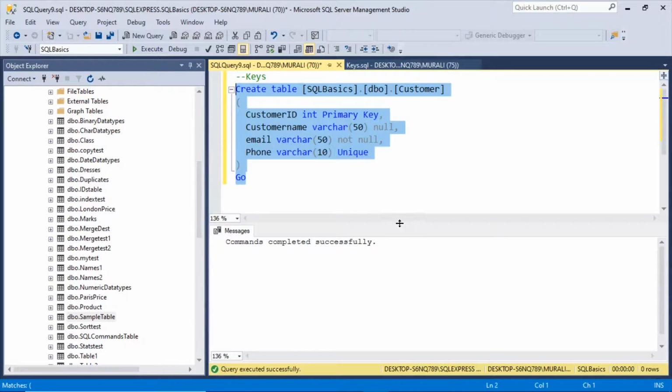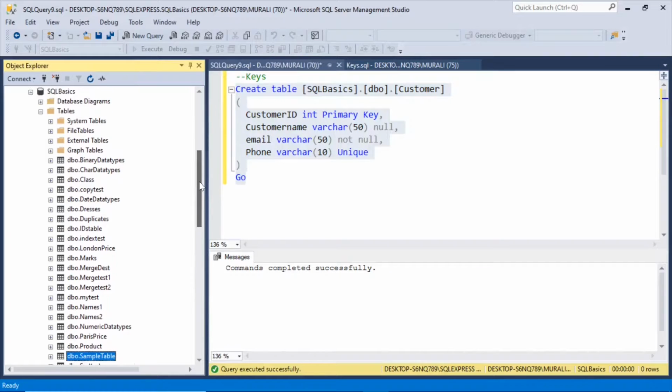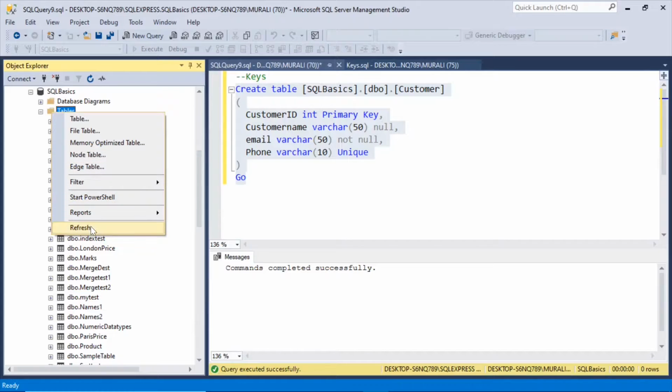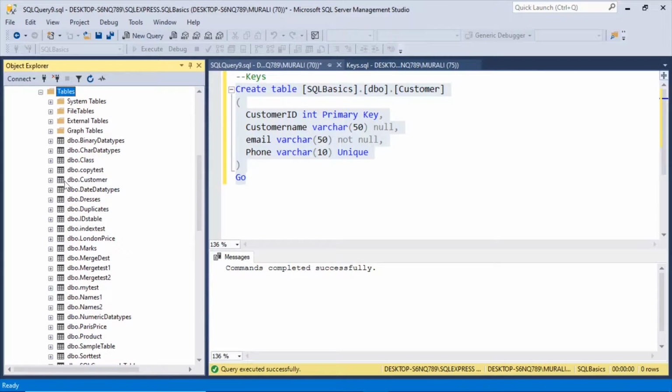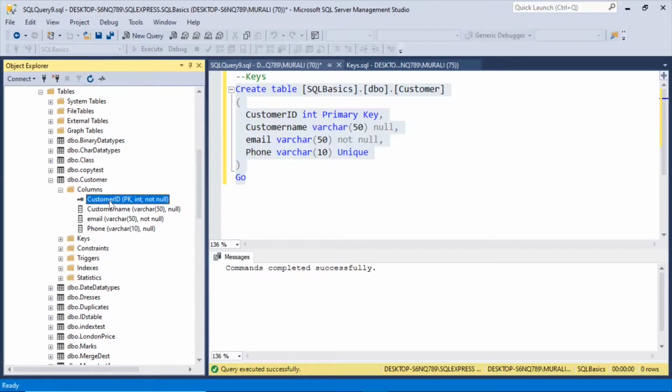Execute. Now right click tables. SQL basics is the database. Refresh. Customer table has been created. Customer ID is primary key. Customer name, email, and phone.